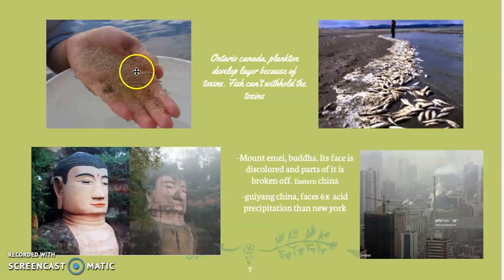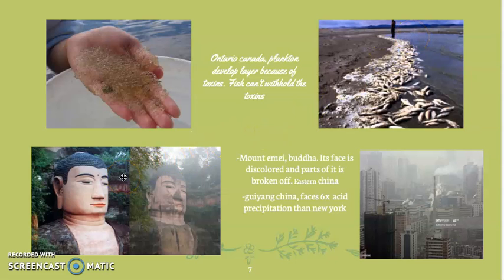Right here in Ontario, Canada, plankton develop a layer of mucus or gel. As you can see here, it's really squishy because the ones who survive adapt to it, so they need to protect themselves. Others basically die, and right here shows the fish that have died. They didn't adapt to it. The majority of them don't because it's something new and they don't know what it is, so they're going to die.